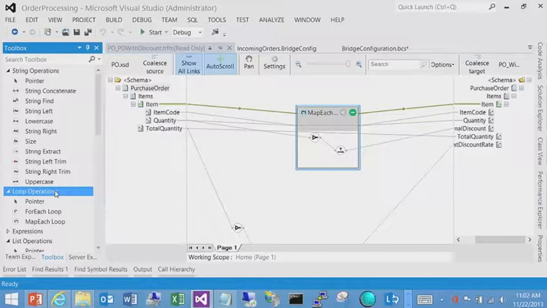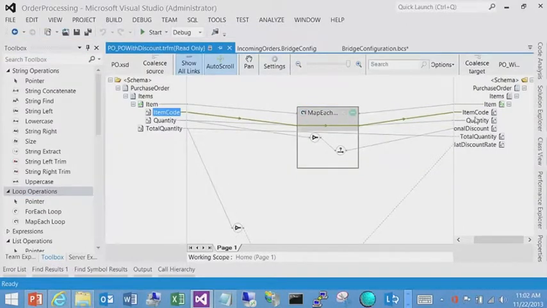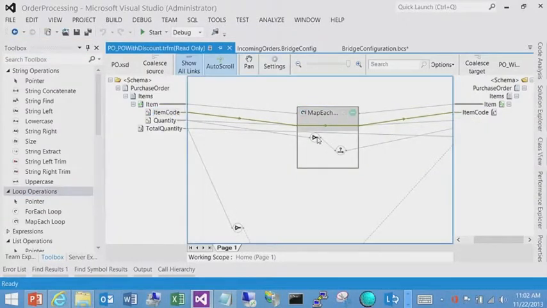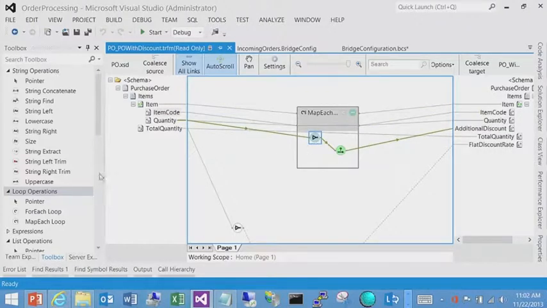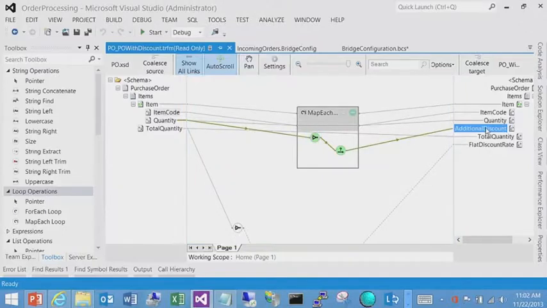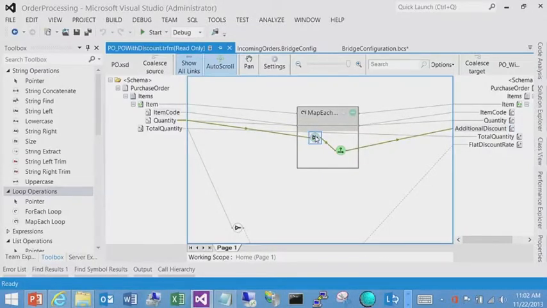One of the constructs that I want to explain is map each. If you look at the looping operations, we have for each and map each. Basically, it allows you to loop through constructs. In this case, for instance, a purchase order has multiple line items. All I'm saying is map all the line items here. I want to map the item code,